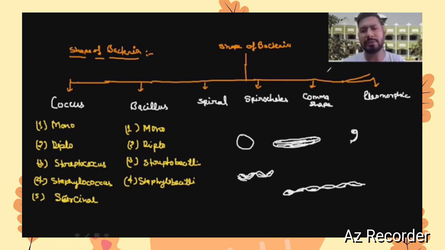Now we are going to discuss again the examples and their subtypes, you can say coccus. Coccus is again classified into mono, diplo, strepto, staphylococcus. We are going to talk again about what I have given, the classification of mono, diplo. This will be discussed. So now you can